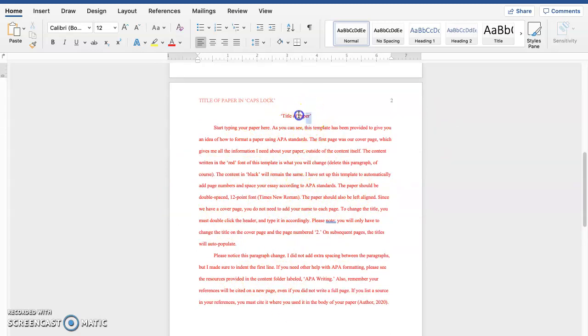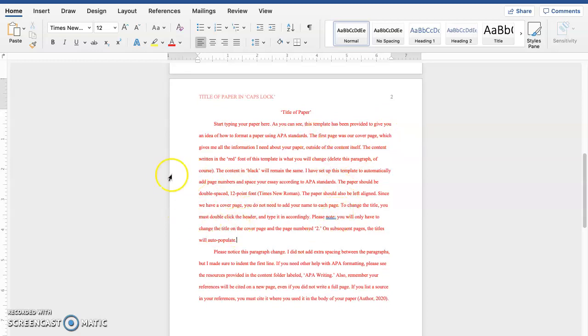So again, you put the title of your paper up here, and you can delete this. If you're going to use it as a template, delete this, but please read it first. So start typing your paper here. As you can see, this template has been provided to give you an idea of how to format your paper using APA standards. So it's just giving you the basics: 1-inch margins on the left and right, left alignment,